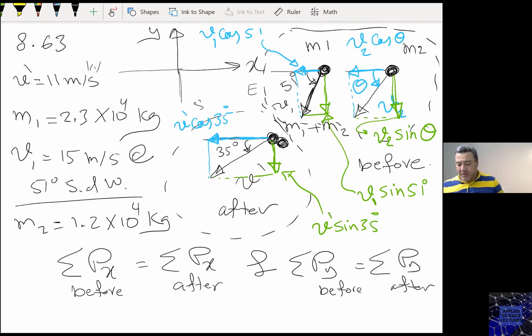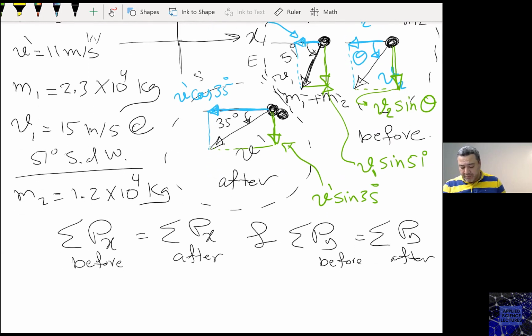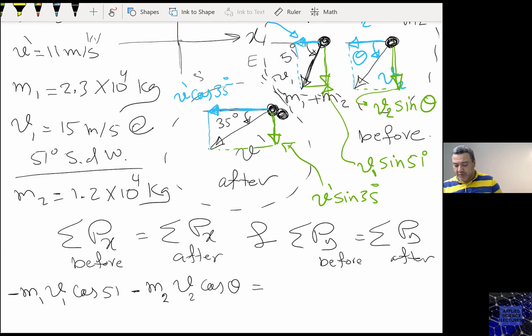So make sure that when you write this equation, you take care of the sign as well. So I have minus m1 v1 cosine 51, I'm in the before, minus m2 v2 cosine theta equals to